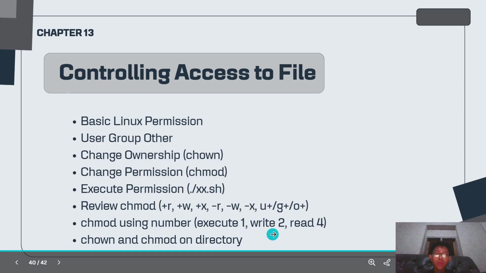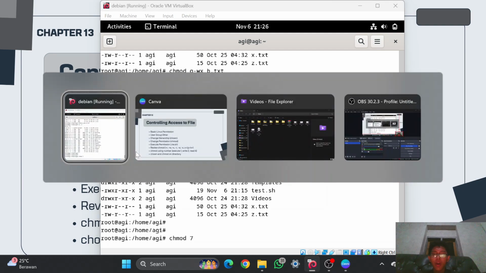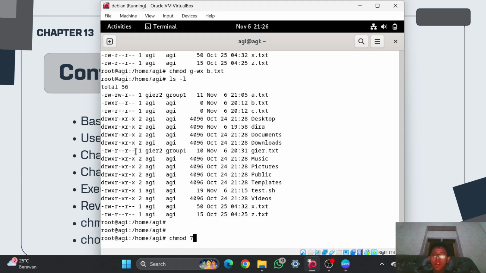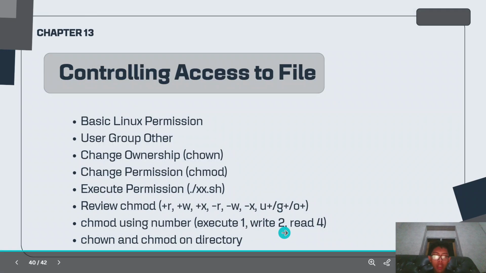So you can add these together. 1 plus 2 is 3, and 3 plus 4 is 7. So in here 7, and then for the example, for the group, I want to make it only have permission to execute and also read.